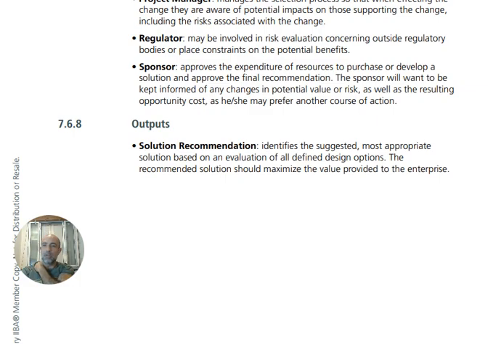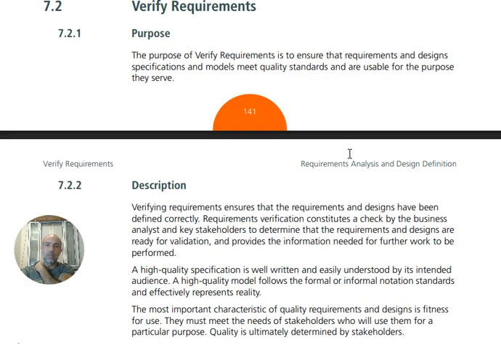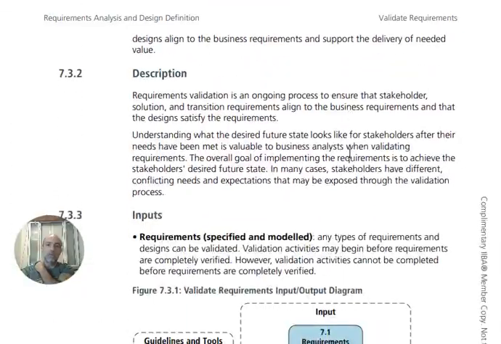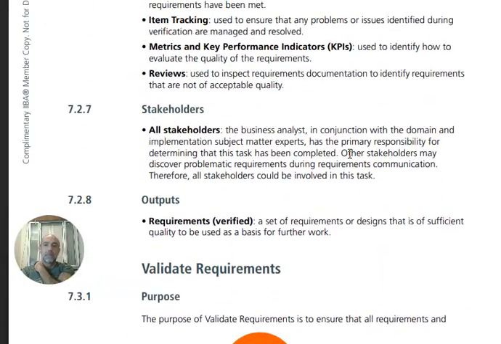Stay with me here. I'm going to check something when verifying the requirements. So here we're at verifying requirements. I'm just going to check all stakeholders for chapter 7.2. Business analyst in conjunction with the domain and implementation subject matter experts has the primary responsibility of determining that this task has been completed. Other stakeholders may discover implement. So basically,